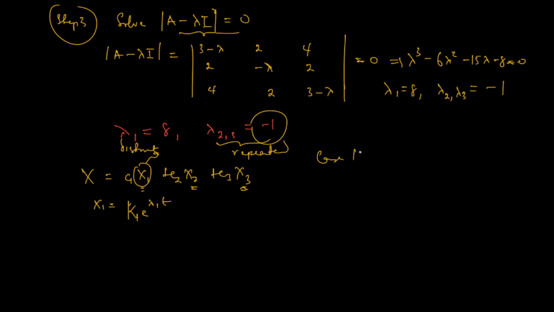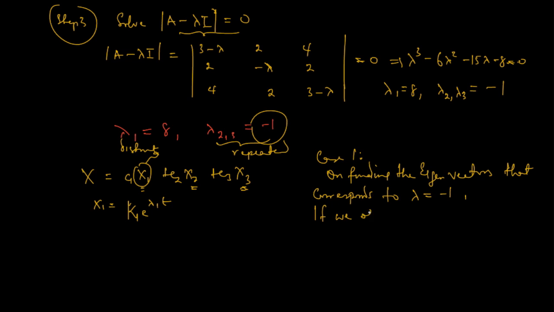Now case 1 is, on finding the eigenvectors that correspond to lambda equals -1, if we obtain two linearly independent eigenvectors, say k1 and k2, that is, if k1 and k2 are two eigenvectors that correspond to lambda equals -1,